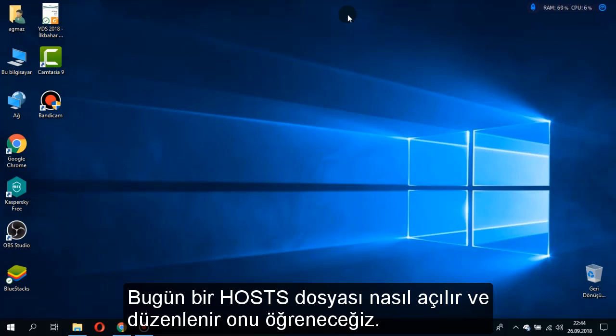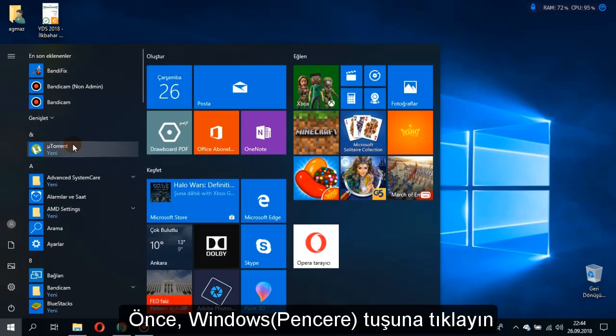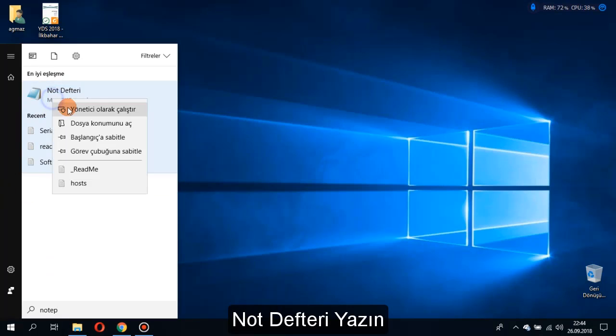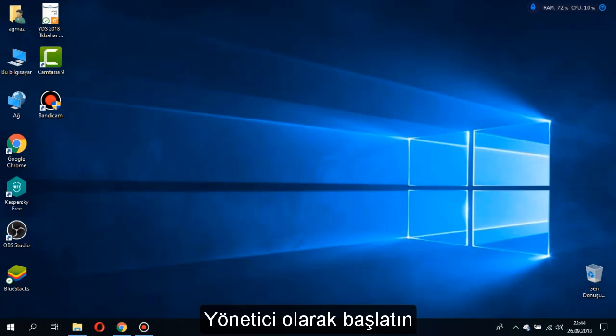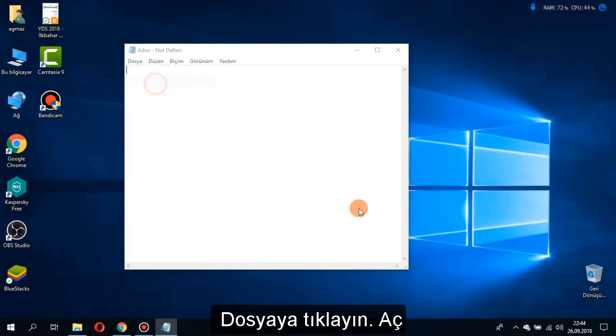Today we will learn how to open and edit the hosts file. At first, click the Windows button and right-click Notepad. Open this as an administrator. Yes. Click File, Open,